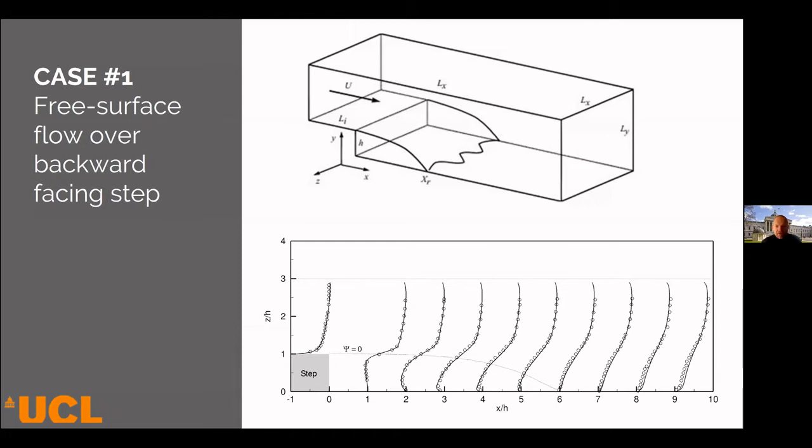And then we looked at some of the properties here of backward facing step flows, and this is free surface. So just so you know, this is an open surface, so everything that's white here is air, and everything below that line is water. And we've looked at 3 different cases. One we refer to as the deep case, a medium case, and a shallow case. The changes here in terms of water surface are quite subtle, but if you look closely on the very shallow flow, the water surface rises on the downstream side because it's a